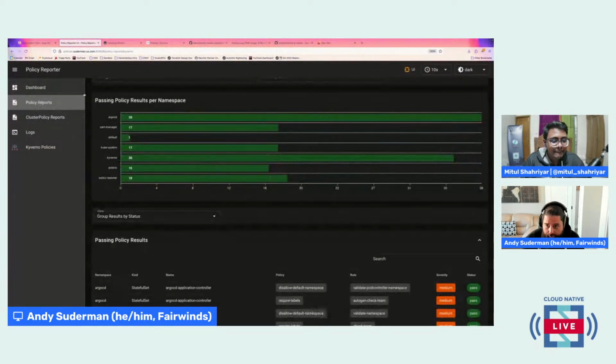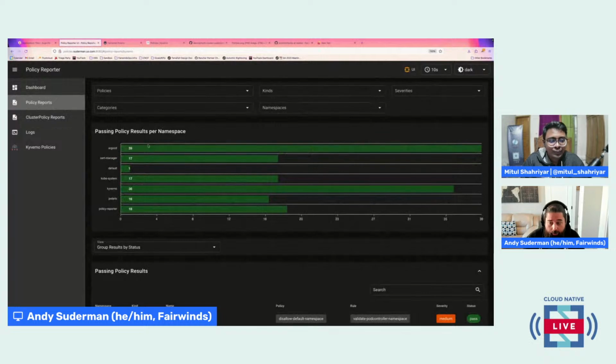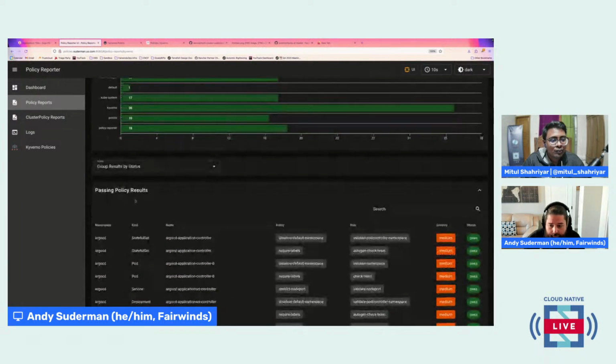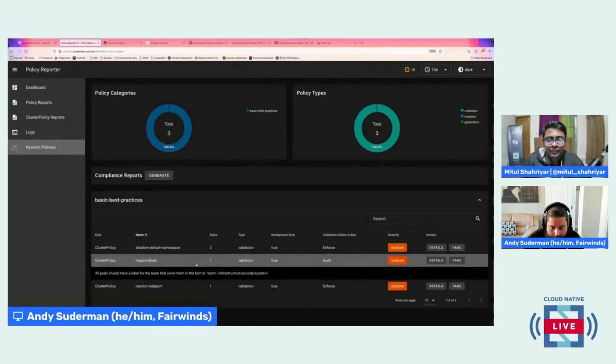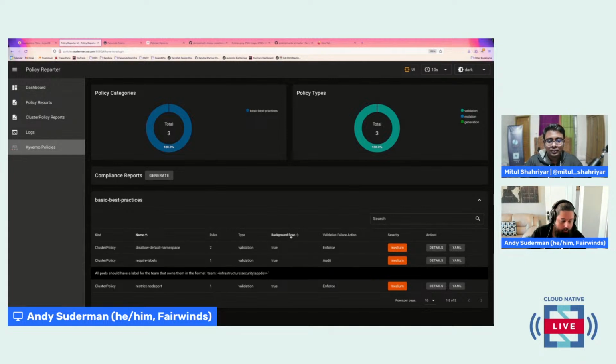If we look at our policy reports, we can start to see all the things that are passing. So all of our namespaces are passing these things, and we can take a look at what policies we have. For example, I talked about requiring a team label. So we have a require labels policy. It's in audit mode, which means it's only going to show up in these policy reports.